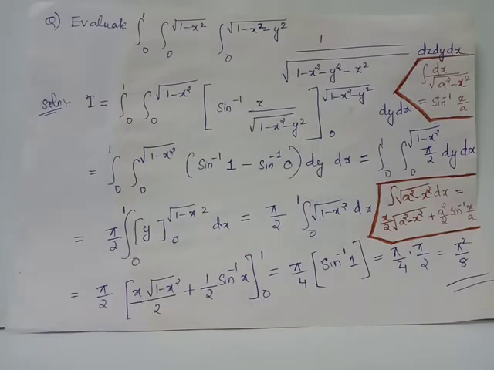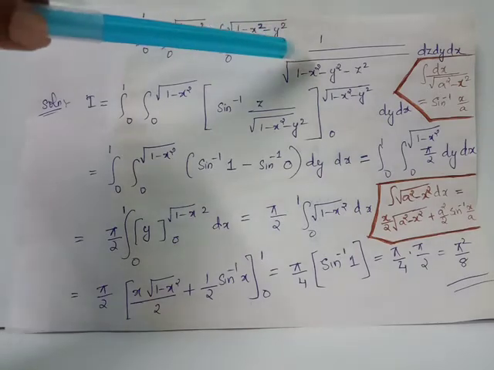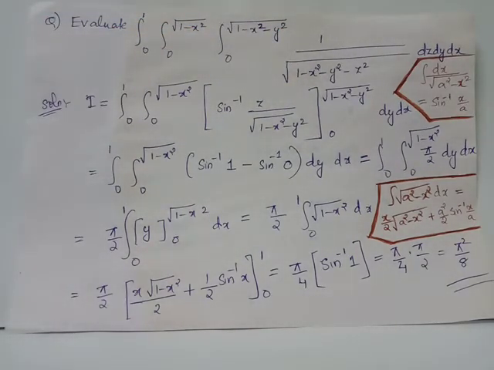When we carry out integration with respect to z, we will treat y and x as constants. We are familiar with this rule of integration: integral dx upon root of a square minus x square equals sine inverse x by a, where x is the variable and a is a constant. Here, for this integrand with respect to z, we will have 1 minus x square minus y square in the denominator as a constant, and z will be the only variable, because we are integrating with respect to z, treating y and x as constants.